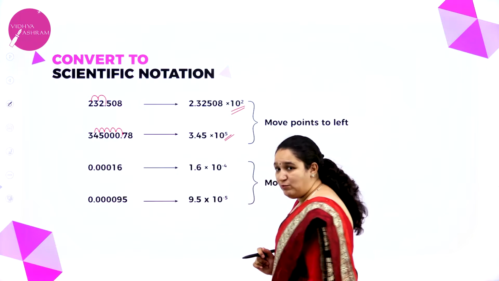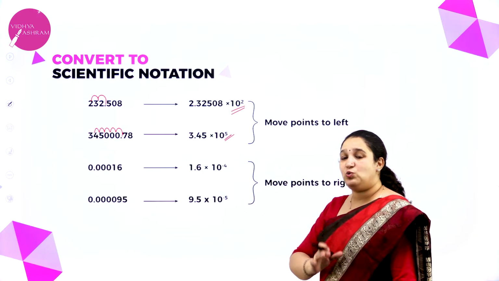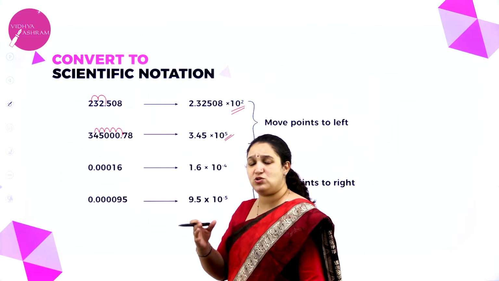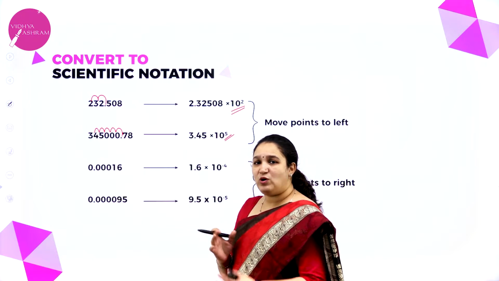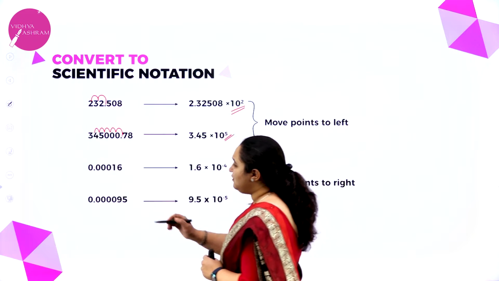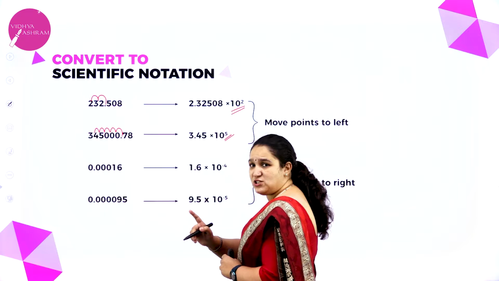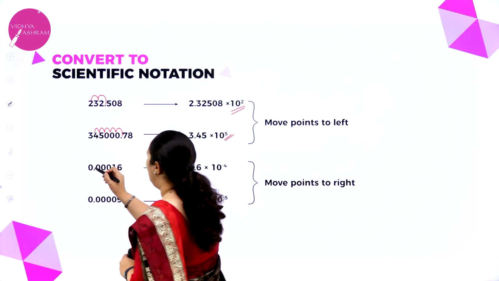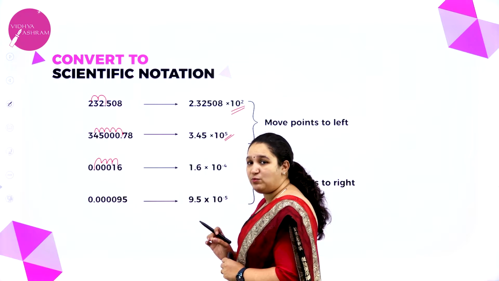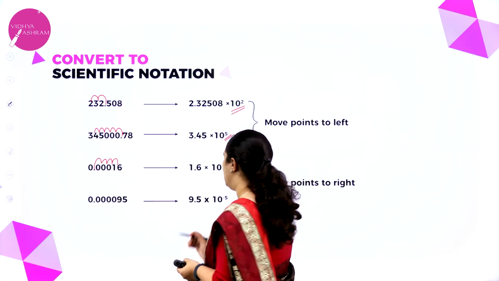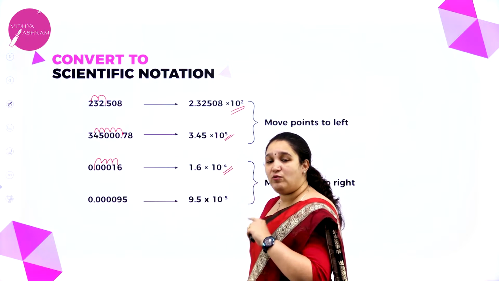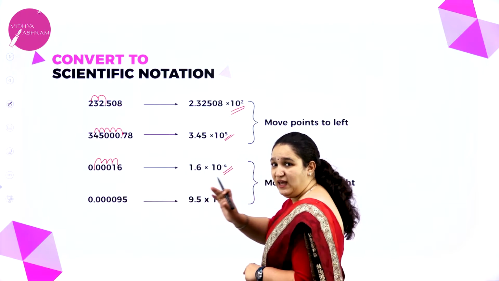Okay. So, if we move the decimal point towards the right, what will happen? See, I have a very small number, 0.00016, correct. I want to get it to the correct format. Now I will move the point towards my right. 1, 2, 3, 4. I moved the decimal point 4 places. So, it is 1.6 into 10 to the power minus 4. Why? Because we are moving it towards the right.